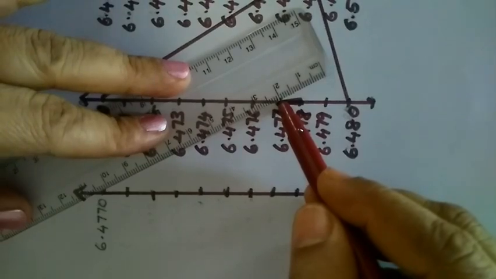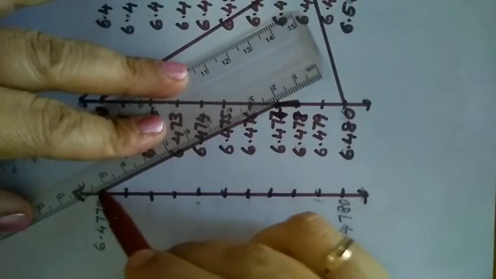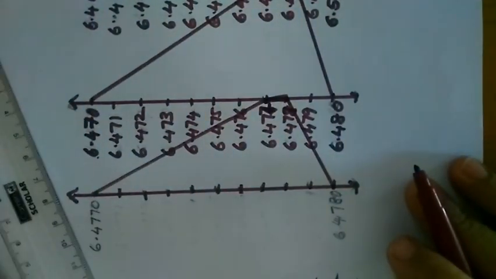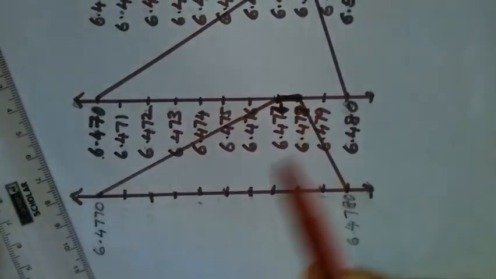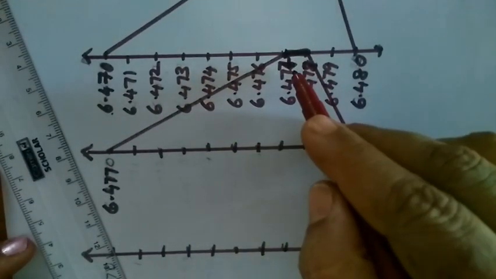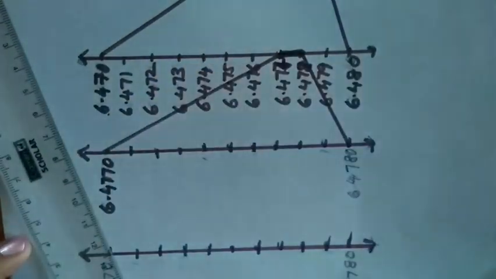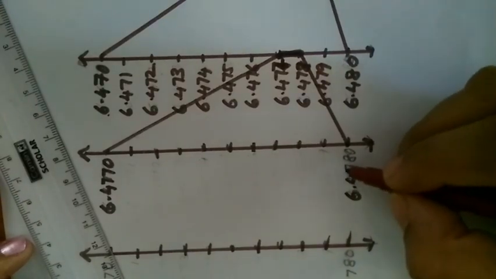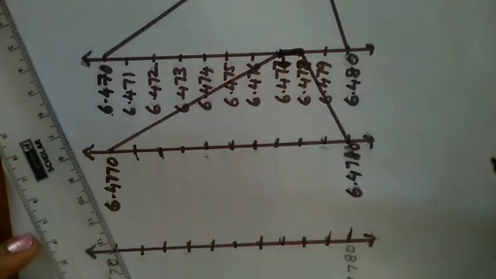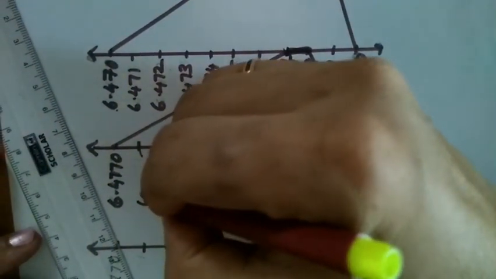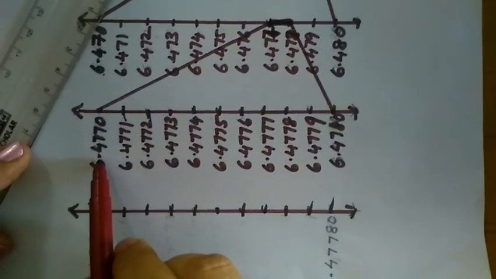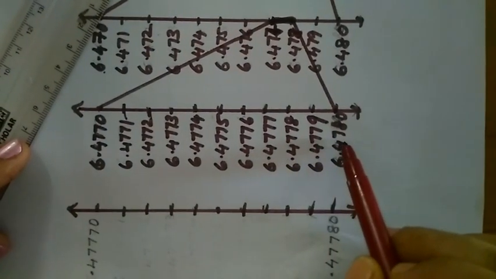So I'll start the first line next. 6.477, 6.478. The 6 is there, I'm not saying it because you already know. Now the magnification comes here. The first number is 6.477, but this time we have 3 decimals. We need 4, so one more 0. 6.478, make it one more 0. Again, the 10 equal divisions, we have to mark those also. Like this, it starts with 6.4771. Now the starting number is 6.4770, ending with 6.4780.